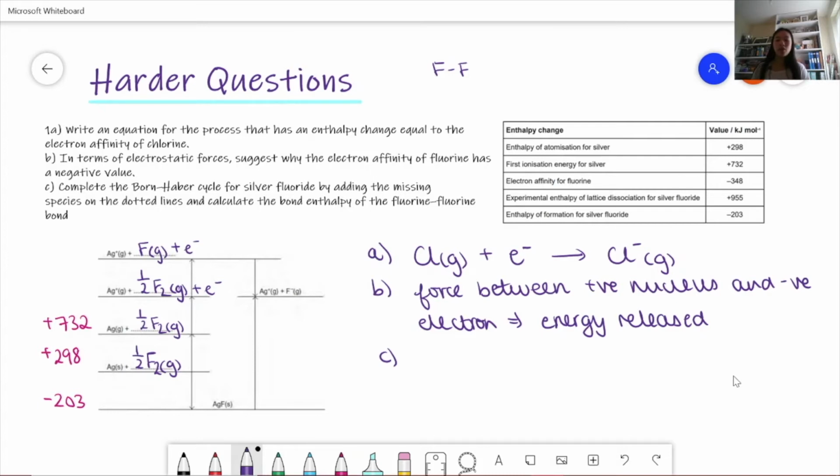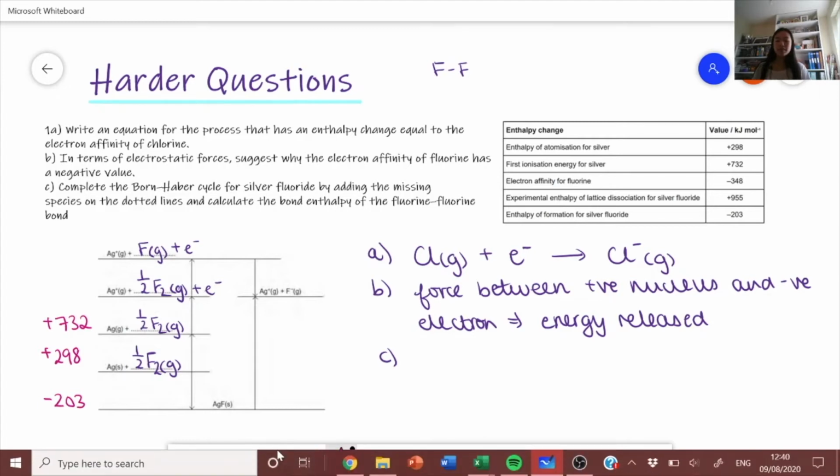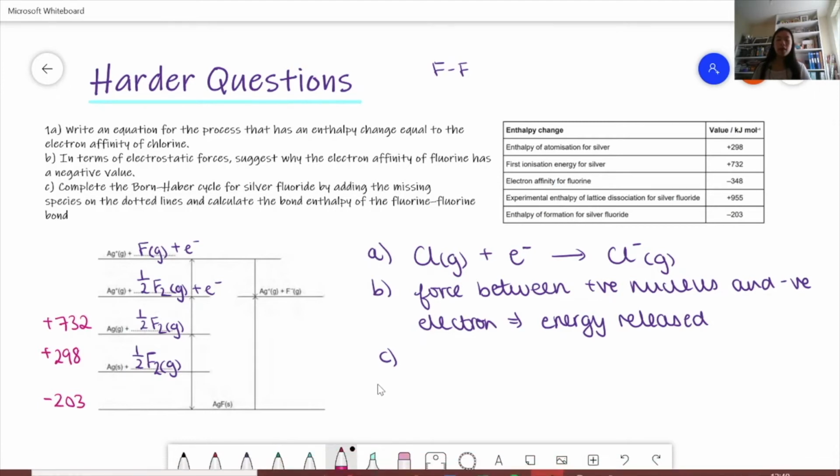And so what we have is, because it's unknown, we call it X, but we actually have half of X because we're only breaking half a mole of these F-F covalent bonds. And then the next thing that happens is the electron affinity for fluorine, and that is minus